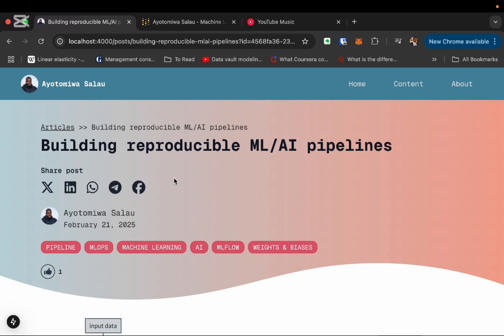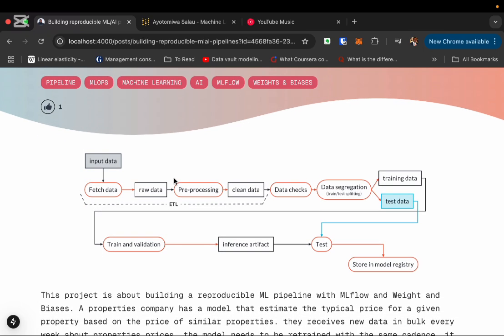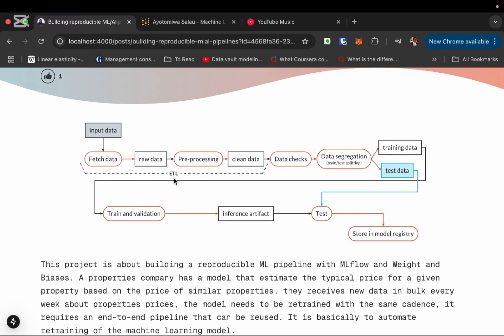Yeah, hello guys. So we're going to be talking about building reproducible ML or AI pipelines. So this is going to be about pipelines, but with regards to machine learning, AI, and MLOps. So for context now, basically the goal is to build a retrainable pipeline that retrains machine learning models